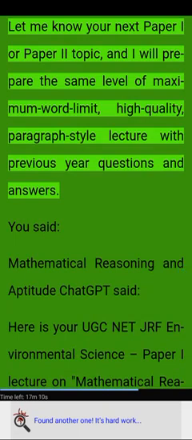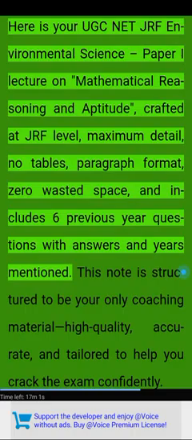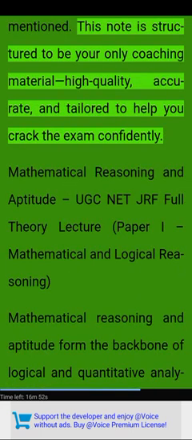Let me know your next paper or paper 2 topic, and I will prepare the same level of maximum word limit, high quality, paragraph style lecture with previous year questions and answers. You said: Mathematical reasoning and aptitude. ChatGPT said: Here is your UGC NET JRF Environmental Science paper I lecture on mathematical reasoning and aptitude, crafted at JRF level, maximum detail, no tables, paragraph format, zero wasted space, and includes 6 previous year questions with answers in years mentioned. This note is structured to be your only coaching material, high quality, accurate, and tailored to help you